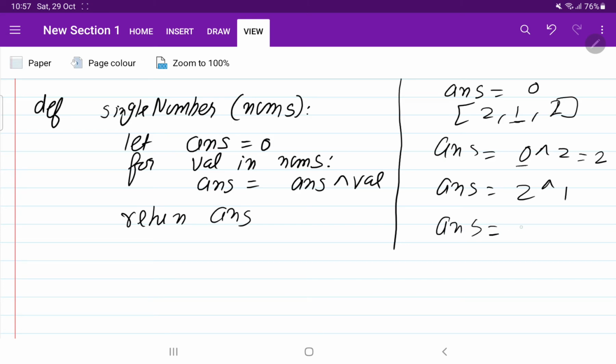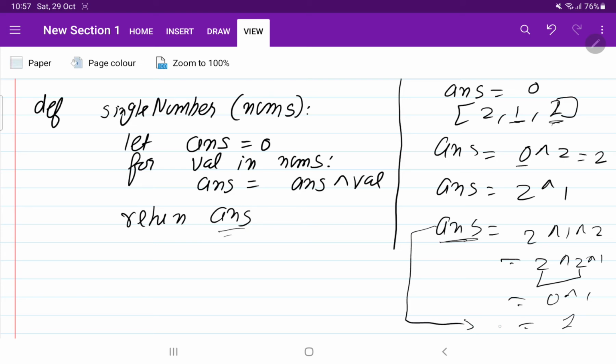So it will again come to the number: 2 XOR 1 XOR 2. Now they will rearrange automatically, and then they will return 0 XOR 1, and it will be 1. Once the for loop ends, because all the 3 elements are done, it will come out of the for loop and return the answer. And what do we have in the answer? In the answer we have 1. And we know that only 1 comes one time. This is the second approach, or second method, we have used. Here we have traversed the array only one time, and again we have used constant space, only constant space, that is answer.